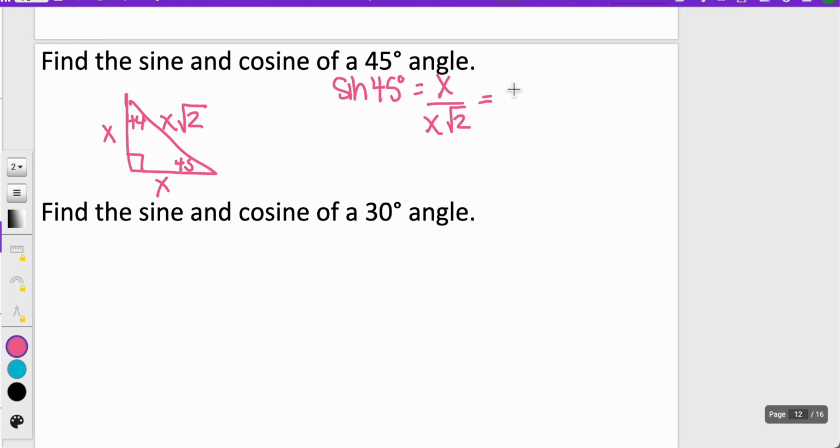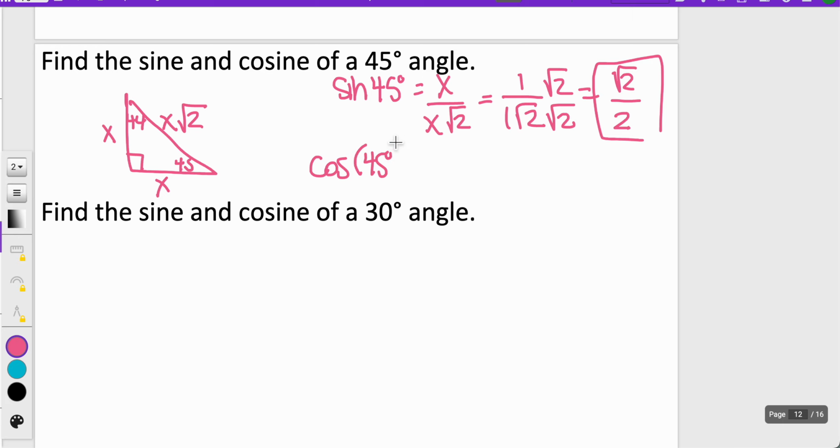Remember, it'd be easier to make x be the number 1 so we can solve, so let's do that. Let's say 1 over 1 times square root 2. Then I need to get rid of my square root 2 in the bottom, so that's going to give me square root 2 over 2 for my sine of 45, okay? Then for my cosine